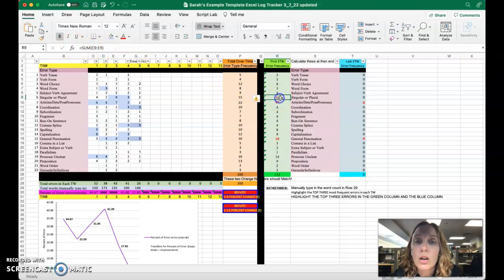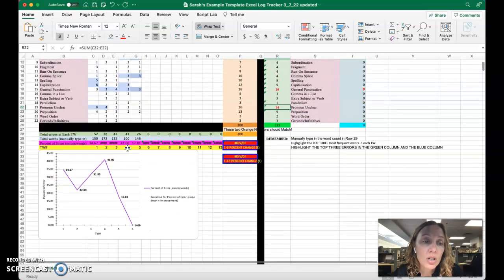those totals, we want to make sure that they are bolded and changed color. So you have to manually go in and change the color on that one. For example, I want to make it red and bold so I can see my top 3 or 4 error rates for the first 3 timed writings. We'll calculate those at the end to look at the last 3 timed writings of the last ones we do. But for now, we just want to see where our trends were at the beginning and how they might be